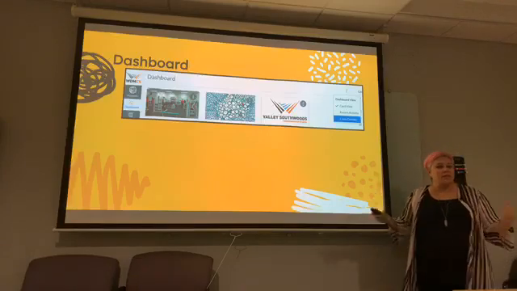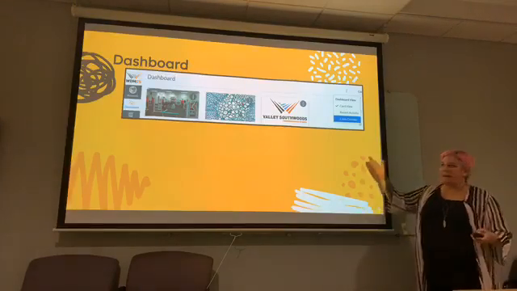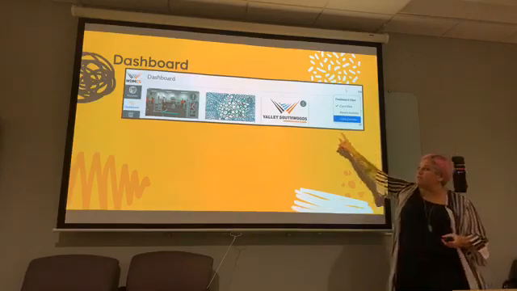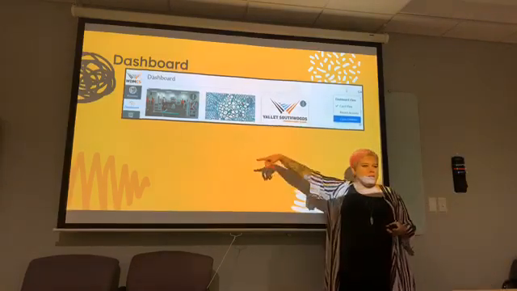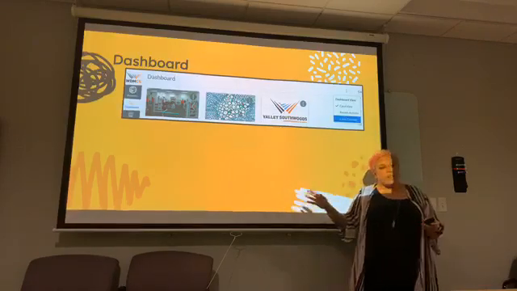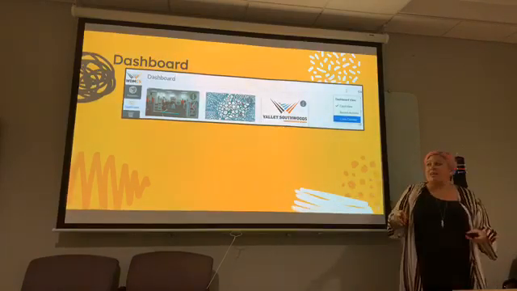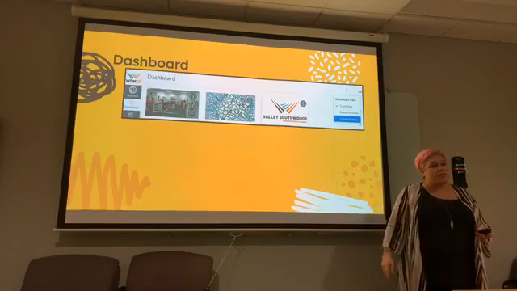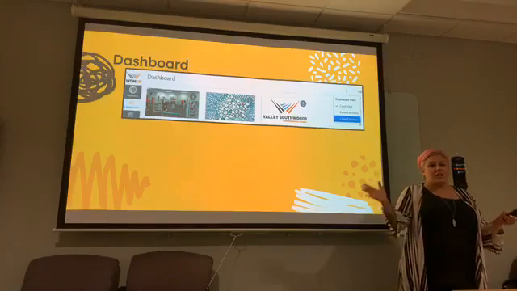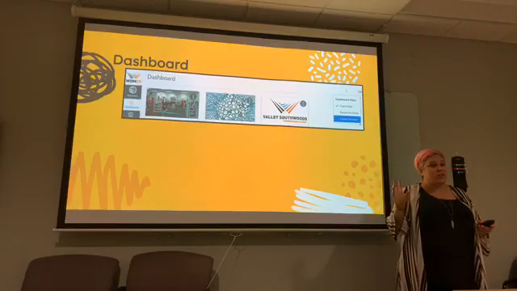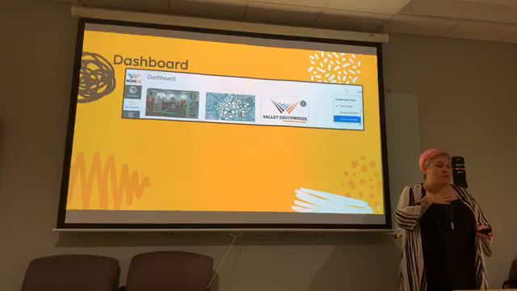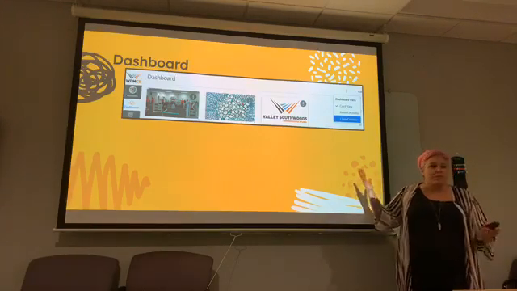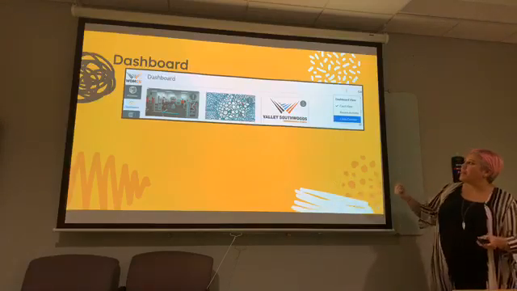So when you log into Canvas, the first thing you'll see is the dashboard. There's a couple different pieces of the dashboard to look at. The first is all of these cards. Those are all the courses that your student is in. A frustrating piece: you don't know whose classes they are. If you have more than one student, it's all the cards. So we're going to show you a couple different things you can do to organize them to help you out there. I have 2 children in the district, so the first time I opened it up, it's like, ugh, where am I going to go and how am I going to find this?